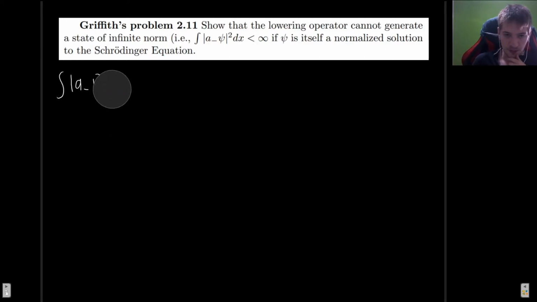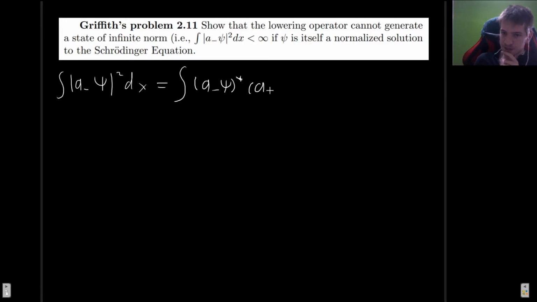Whoops, I forgot to put the psi in there. Okay, the quantity A minus acting on psi. Okay, and we take the norm of this thing. So let us just see what we get from this. So this is the same as, we should know by now, the integral of A minus psi conjugate times A minus psi